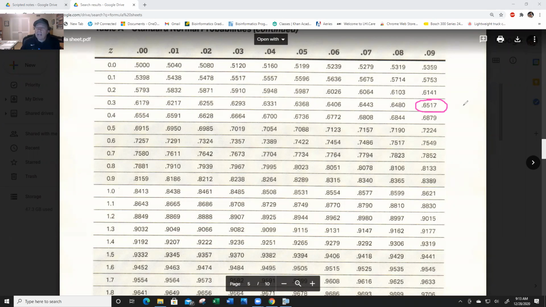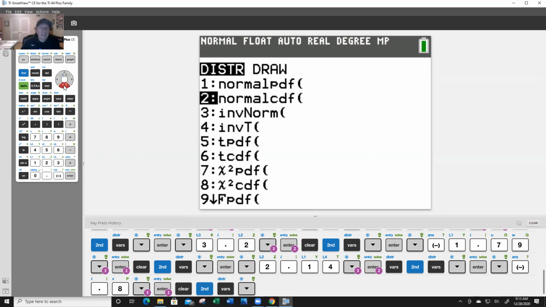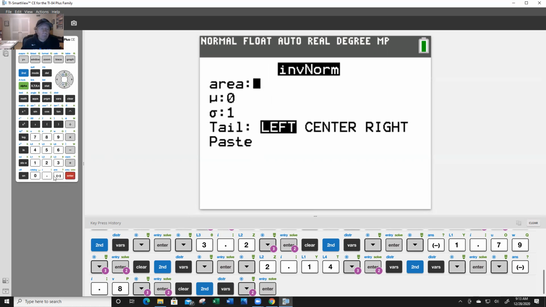And now I know that the z-score I want is 0.39. Now there's another way to do this on your calculator, of course. It's called the inverse. So you're going to go to your calculator and go second distribution and you're going to go inverse norm, which makes total sense, and type in the percentage you're talking about. And this was